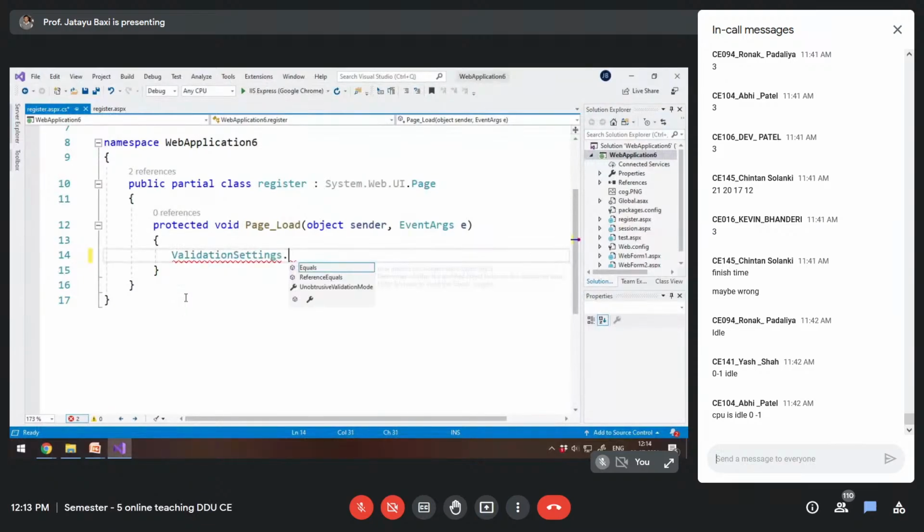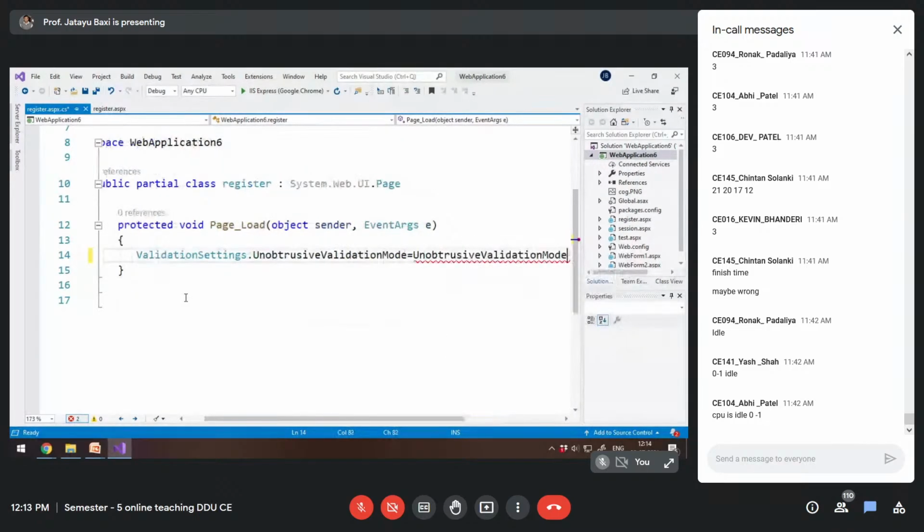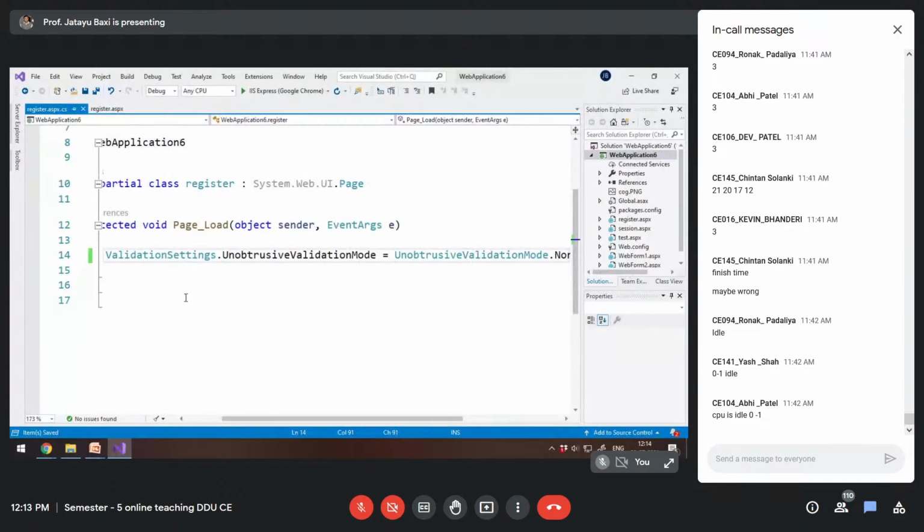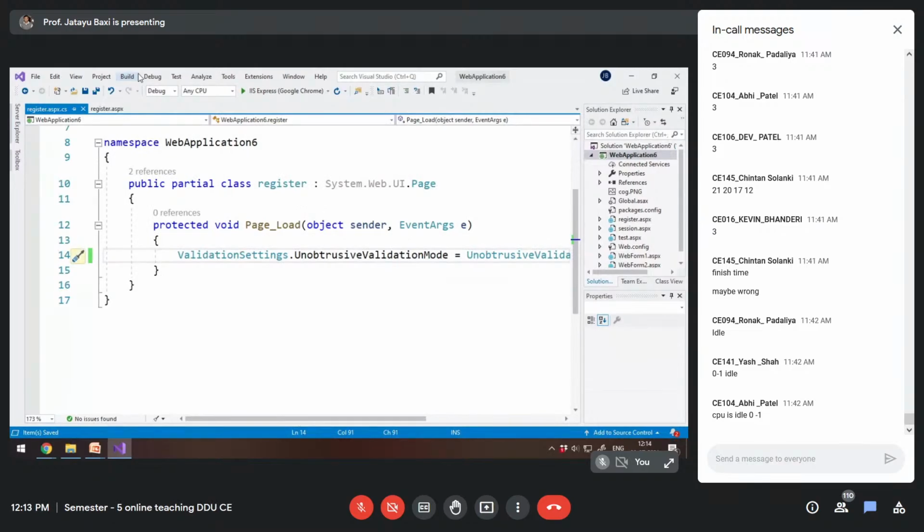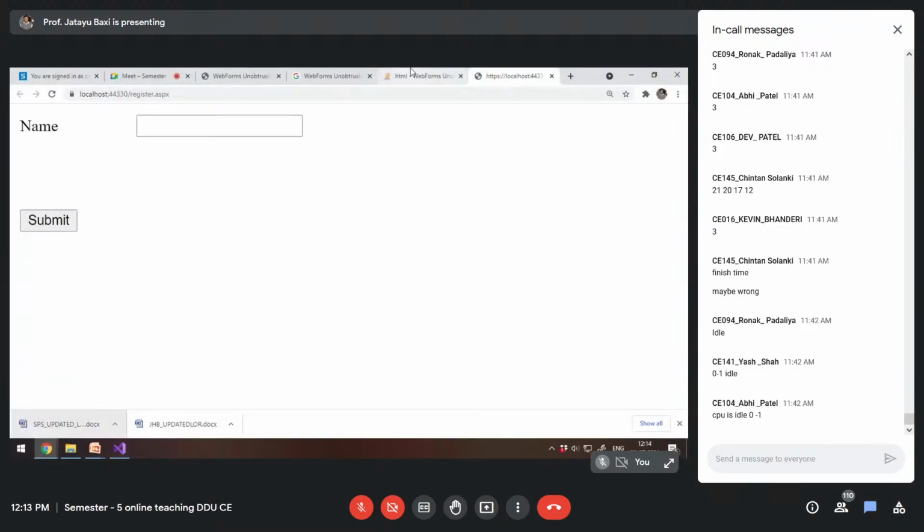ValidationSettings.UnobtrusiveValidationMode equal to. Okay, it should work now. If I don't write anything and press submit, it gives me an error. So this is server side validation.